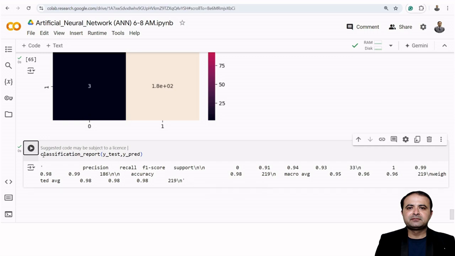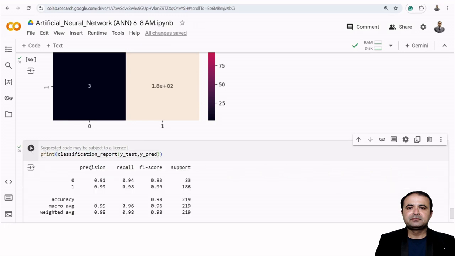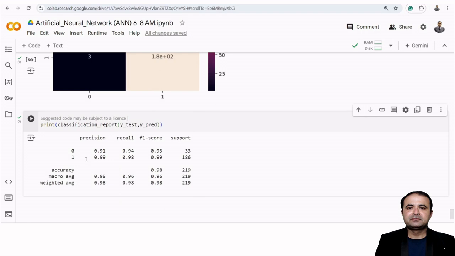So I want to use the print and this one. So is this applicable or not. Once I apply this classification report, you can see the precision, recall, the F1 score. Very nice. So at the last, I have completed this project based on the artificial neural network for rain